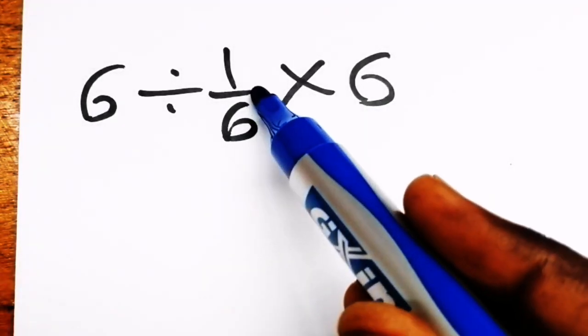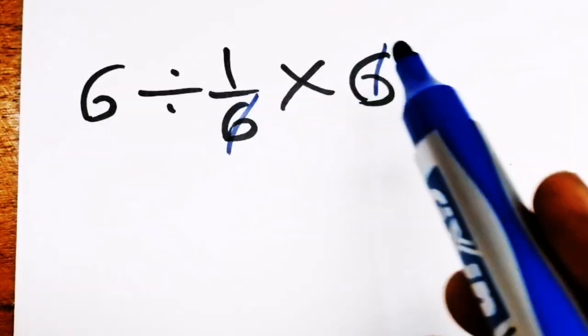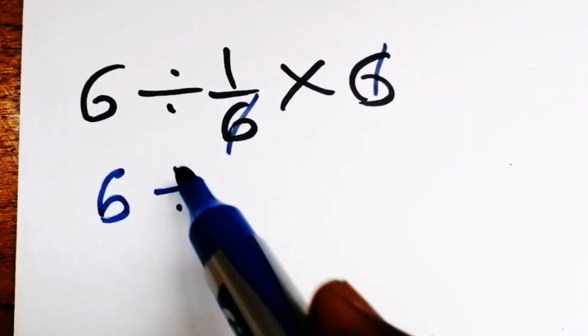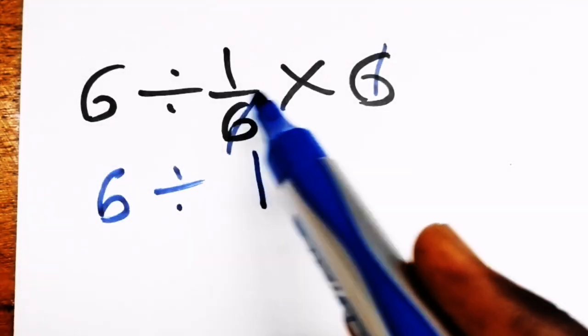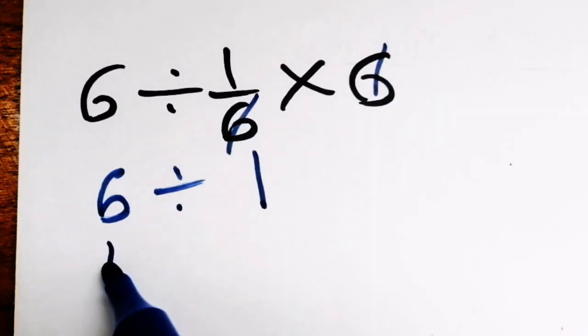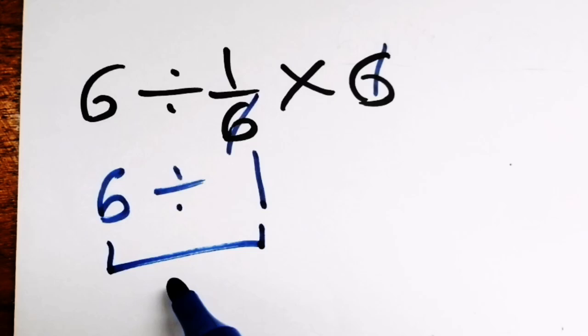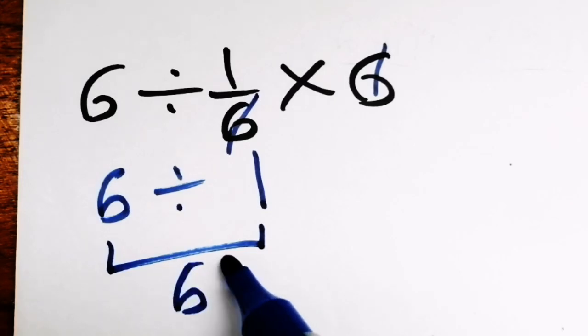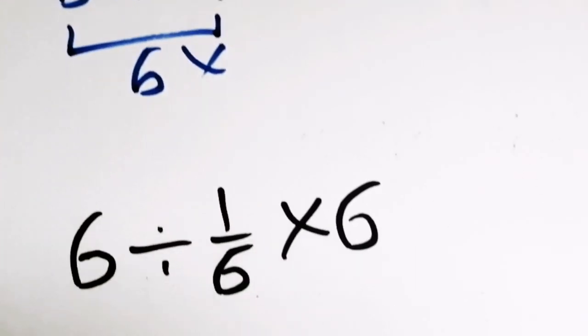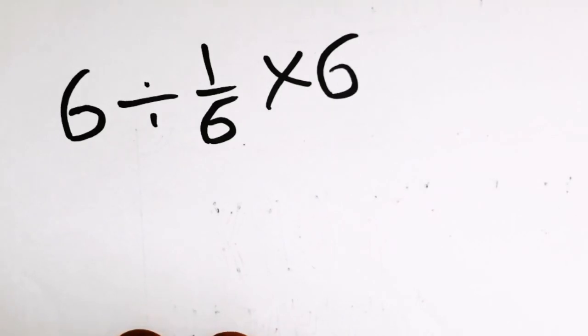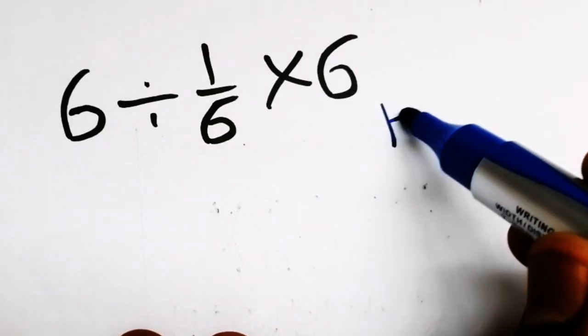6 times 6 by 6, 1 by 6, 1. Therefore here 6 divided by 1, okay, because 6 over 6 means 1. 6 divided by 1 is equal to 6. But this answer is not correct, because according to the order of operations, PEMDAS, first we have to do parentheses,